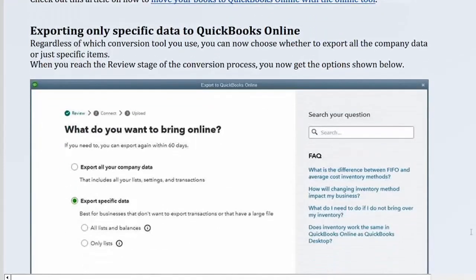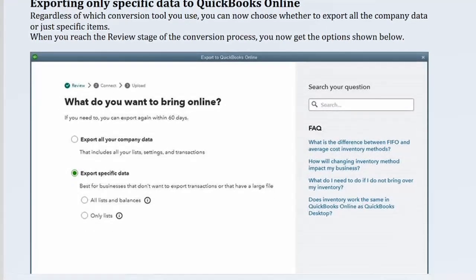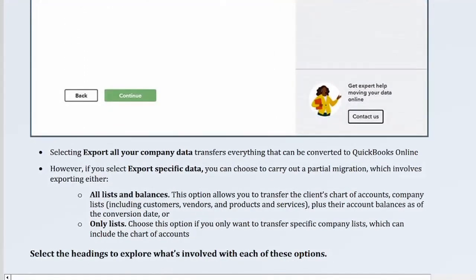Exporting only specific data to QuickBooks Online. Regardless of which conversion tool you use, you can now choose whether to export all the company data or just specific items. When you reach the review stage of the conversion process, you now get the options shown below. Selecting Export All Your Company Data transfers everything that can be converted to QuickBooks Online. However, if you select Export Specific Data, you can choose to carry out a partial migration, which involves exporting either